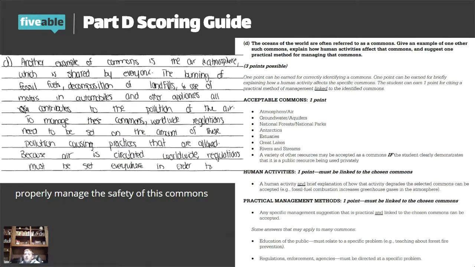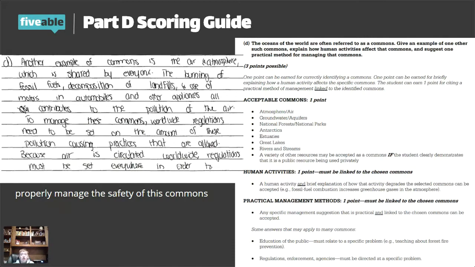Some of you are thinking that it should get the point. I personally don't think that it should, because they're talking about how pollution is affecting it, but when you're taking the AP exam, you never want to use broad words like pollution or global warming unless you're actually explaining what those words mean in context and how we're fixing this. You need to explain every single part of the word if you want to get the points. AP readers are kind of stingy sometimes, especially after they've had a long day of grading 700 of the same FRQs that they're about to grade for you.